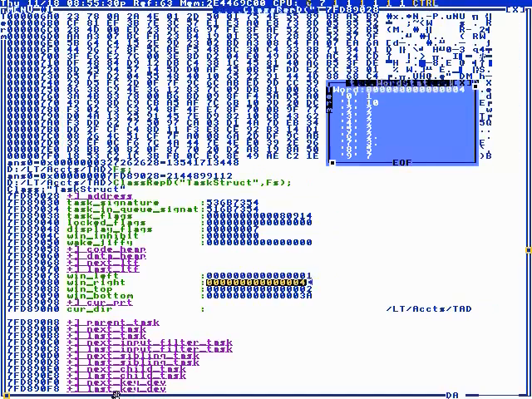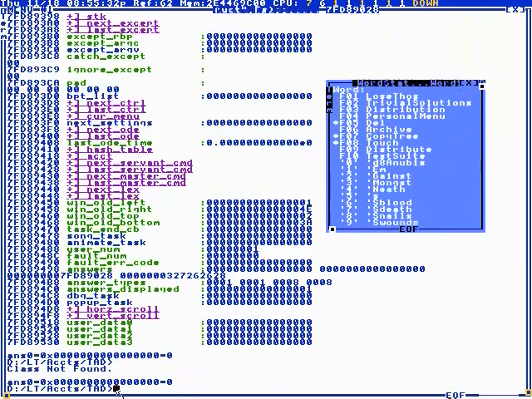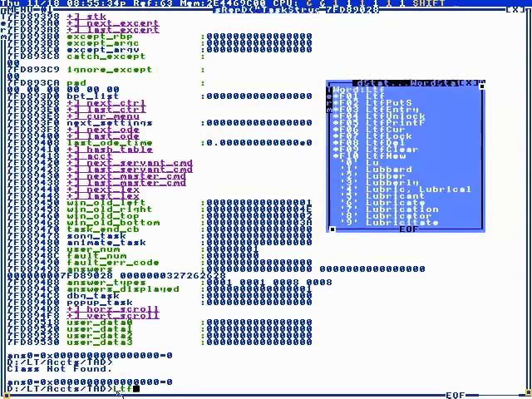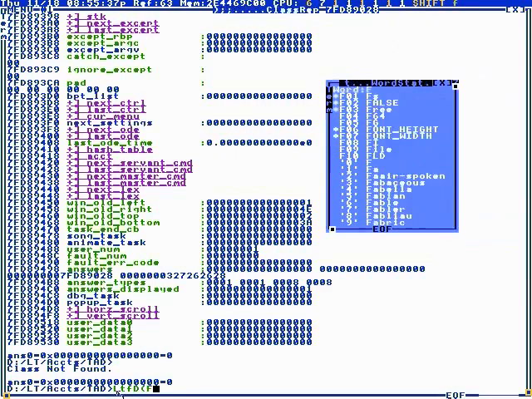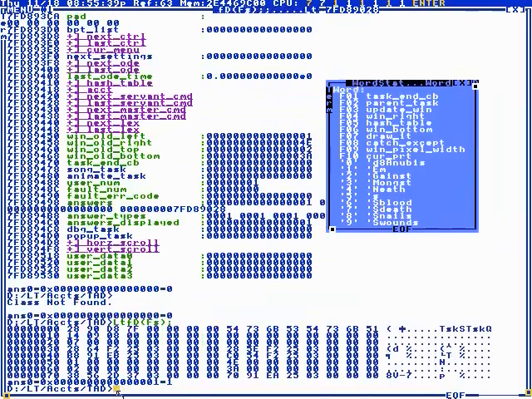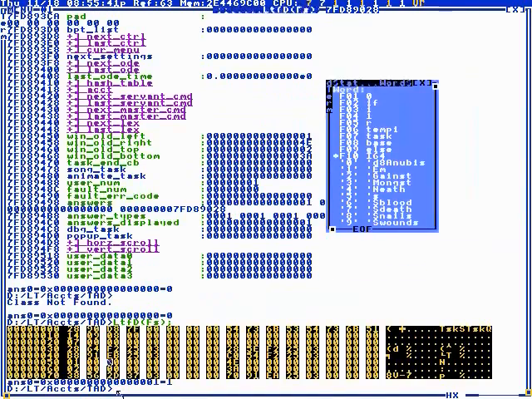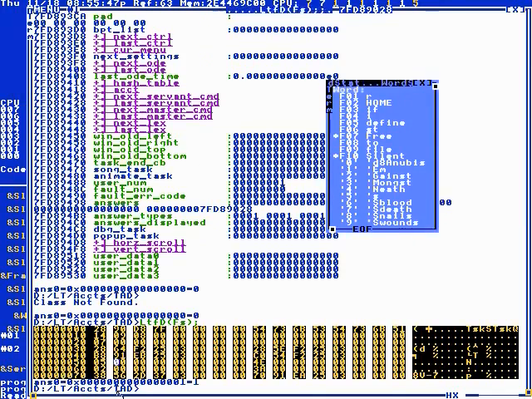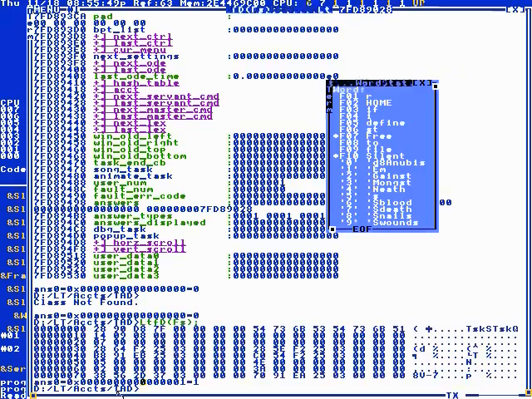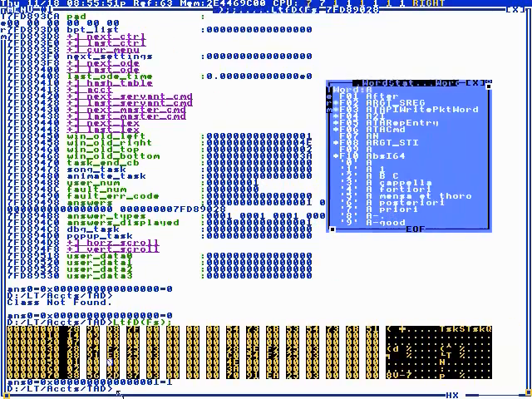Anyway, the command line has a dynamic dump that shows data live in memory. We can modify it, or anyway,